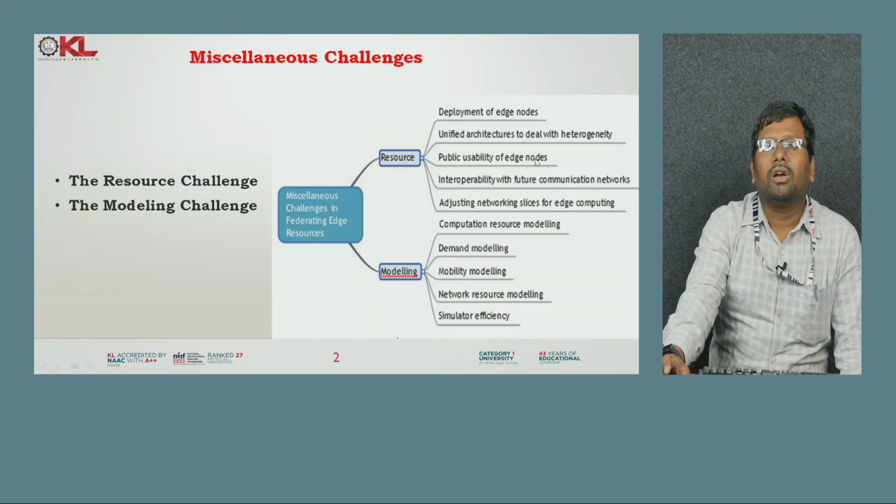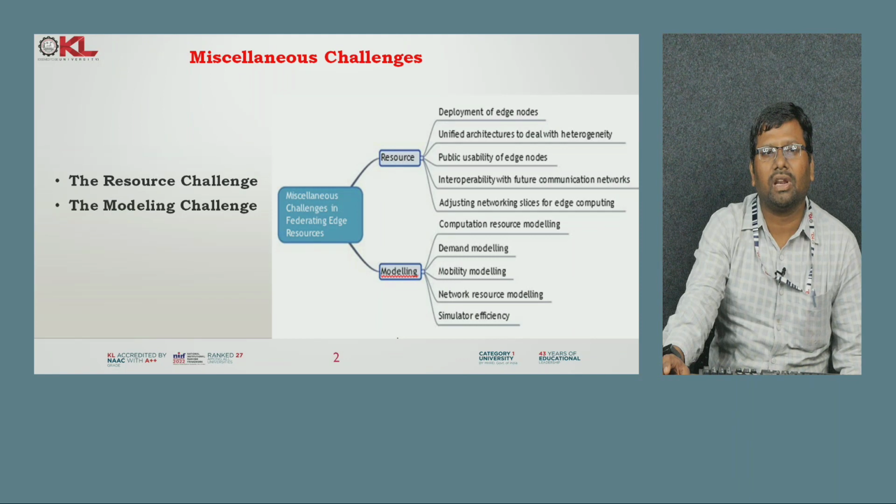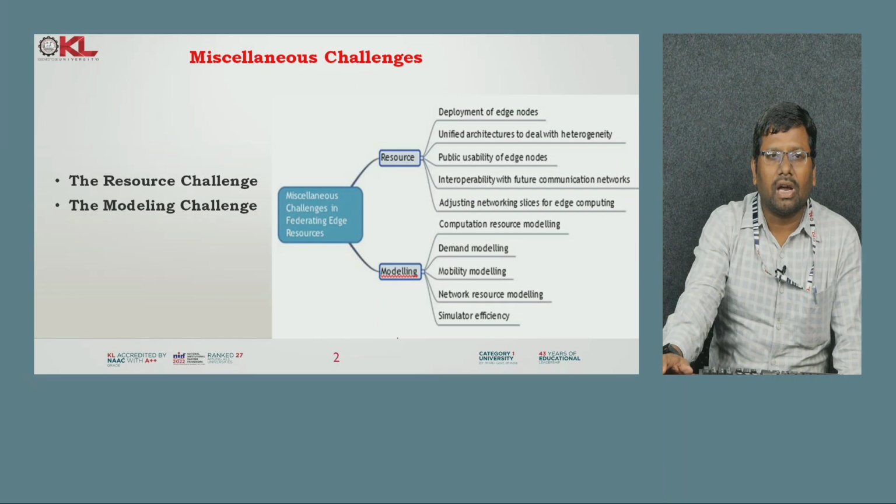Definitely, if the edge node is kept at a place where there is more mobility of the end users, what do we observe? More data needs to be transacted, transferred and collected, and all of this should be carried out within a short span of time. For example, consider a railway station. When there are no trains, what do we observe? The number of people gathered at that place is very few. When the trains are in the station, many people are gathered at the place.